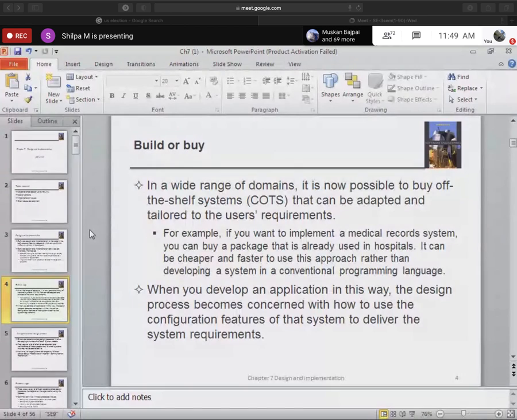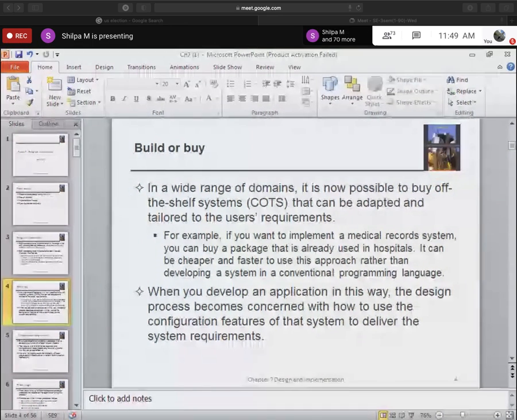Those few changes we customize based on their requirements, but we will be reusing whatever is already available. Fine. Can you tell one more example for such kinds of commercial off-the-shelf products or systems? Any other example which can be reused for different companies or different customers?